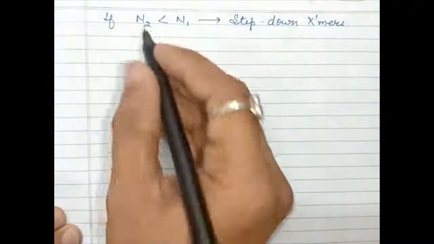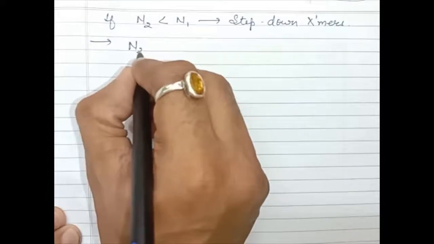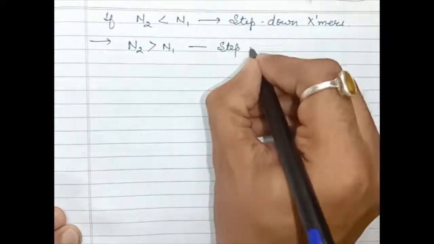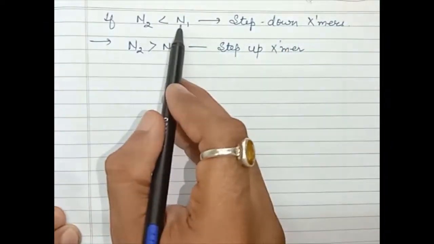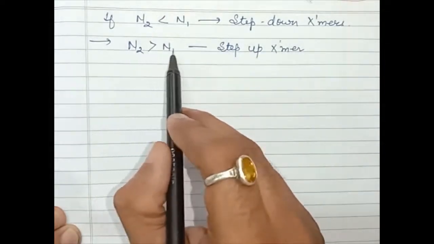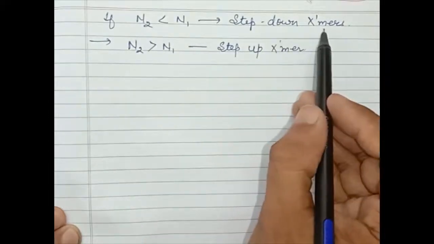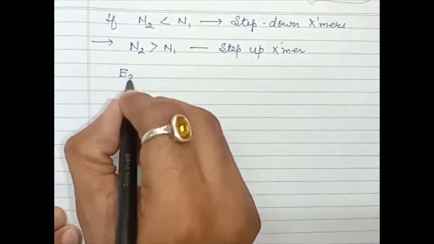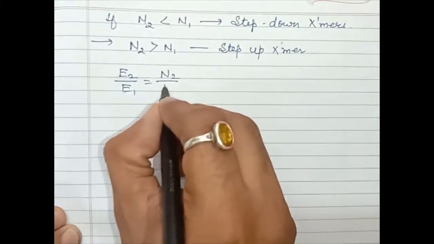So we can conclude that if N2 is greater than N1, it is a step up transformer, and if N2 is less than N1, it is a step down transformer. So we can write E2 divided by E1 is equal to N2 divided by N1 is equal to V2 divided by V1,